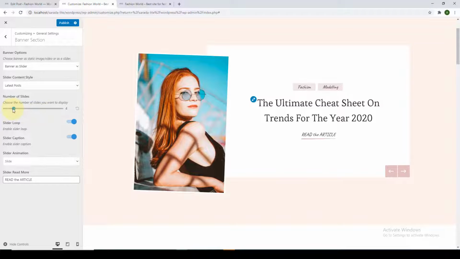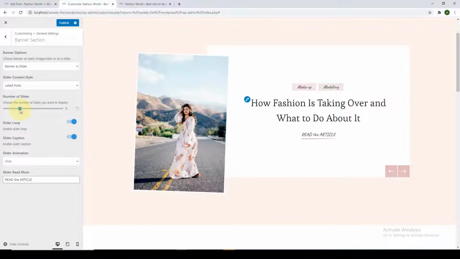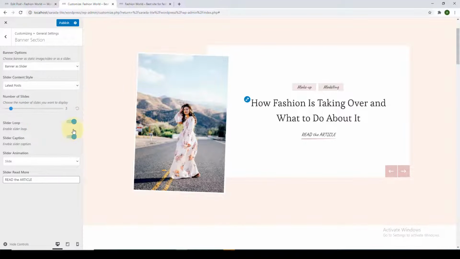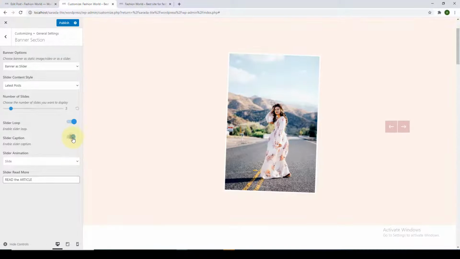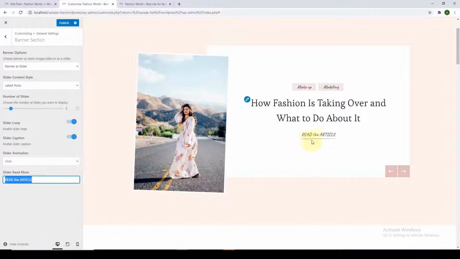You can choose the number of slides that you want to display by sliding the toggle over or under. With the slider loop option, you can choose to enable or disable the slider loop, which will make the slider go on in a loop, or disable it. You can enable or disable the slider caption from here. You can choose your slider animation from here and select the slider read more label, which is currently showing as